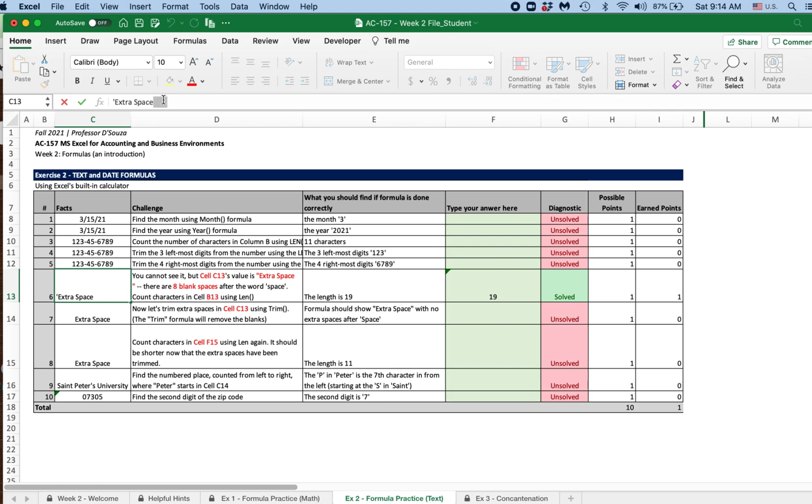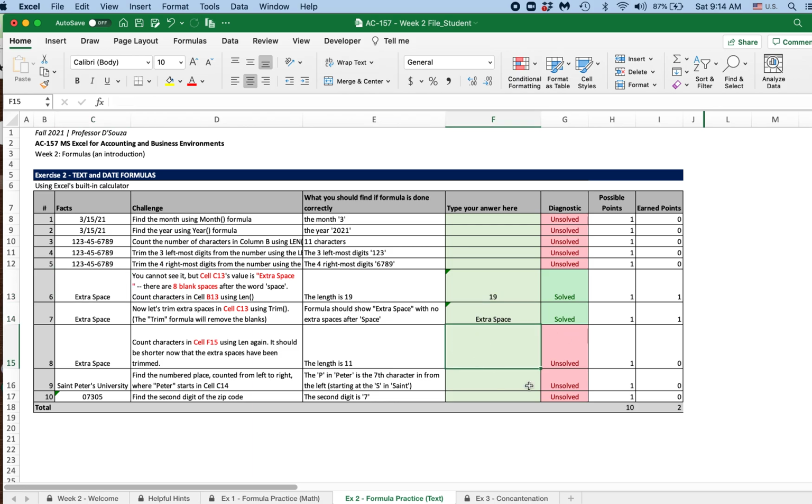This is something that you get more experience with as you work with more data. I'm going to be throwing some mock real-world exercises at you, but it's important just to understand how this formula works and that it exists. So now let's trim the extra spaces in cell C13. I'm going to do equals TRIM, open parentheses, and grab this cell that we know has all those blanks. And if you notice, it looks exactly the same, just the two words